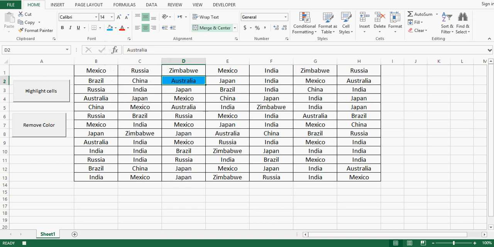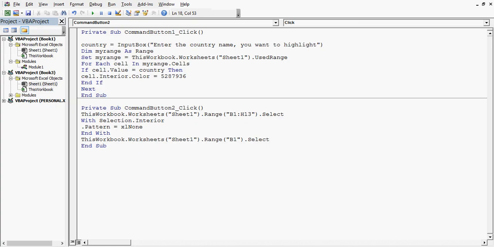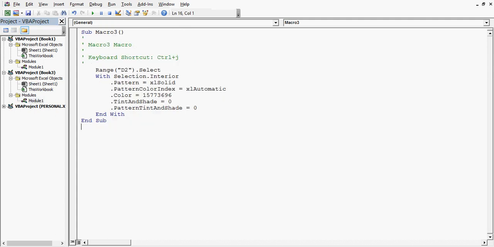Then again I will go to developer tab, press stop recording, and now when I go to the VBA editor window, then in this workbook we can see Module1 is added. So this blue color has a color number. So if I copy this color number,